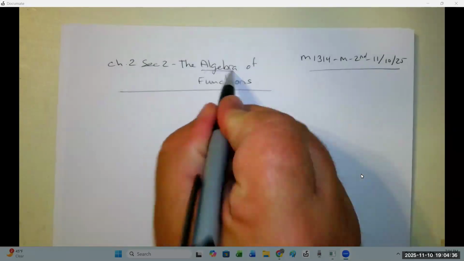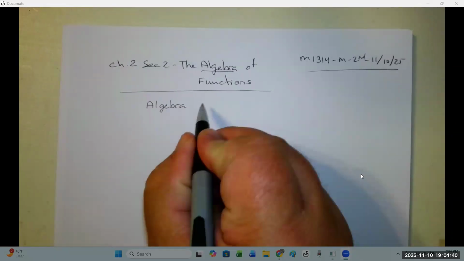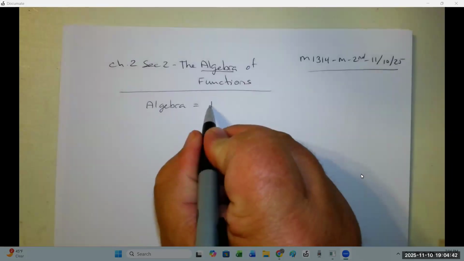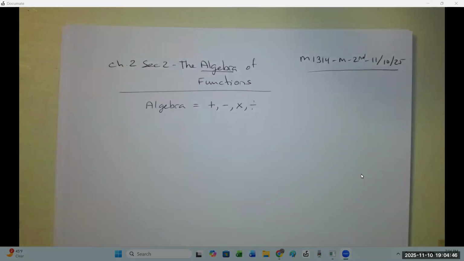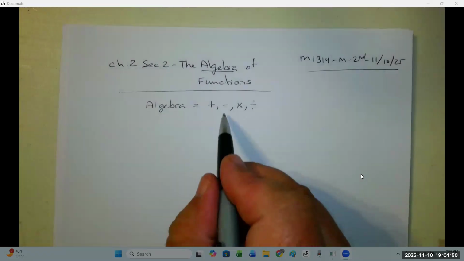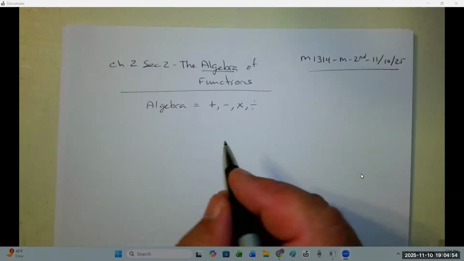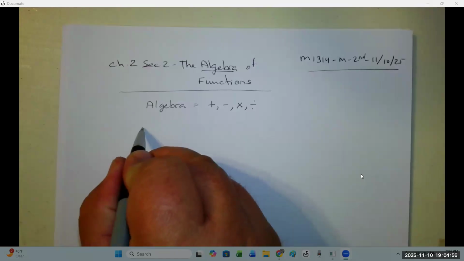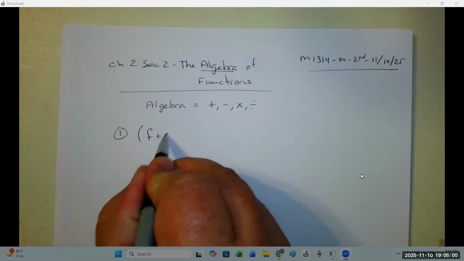Whenever you see the word algebra of something, all it simply means is doing these operations. We could add them together, we could subtract them, we could multiply them. In other words, first off, if we had two functions, f plus g,